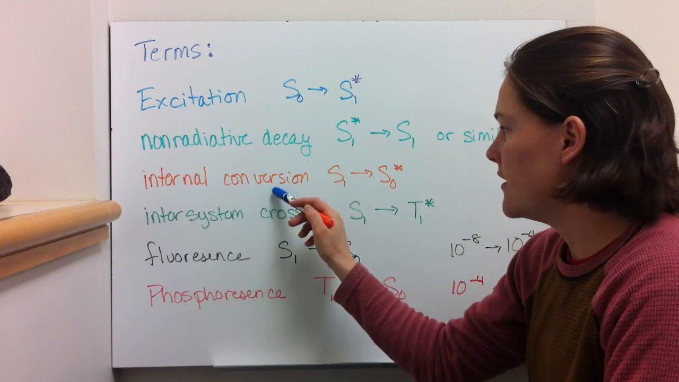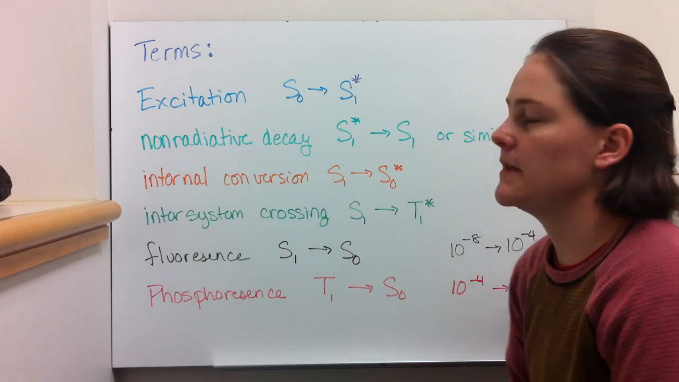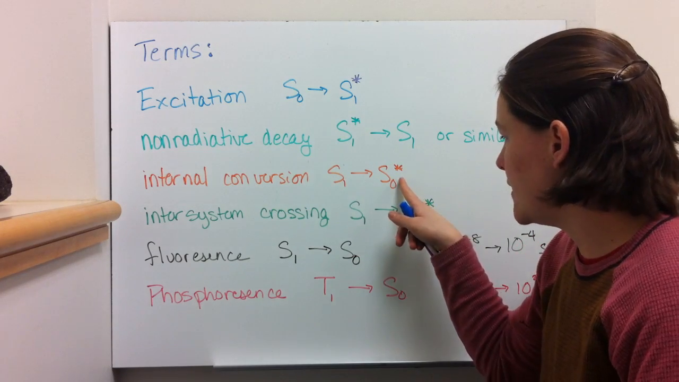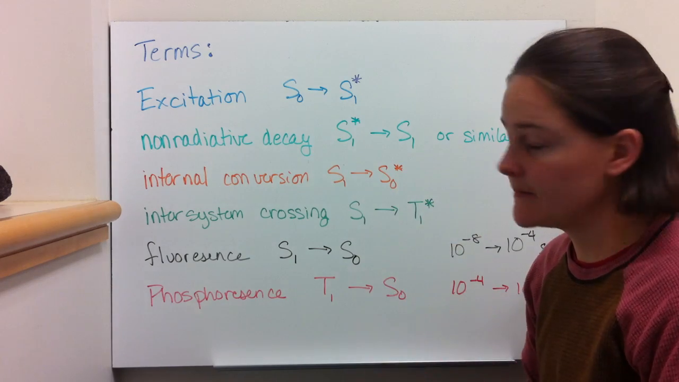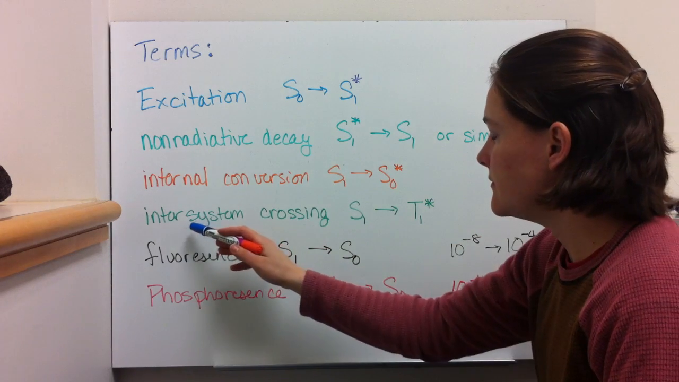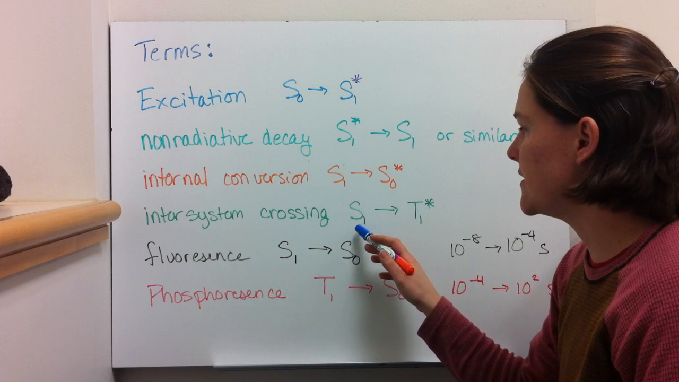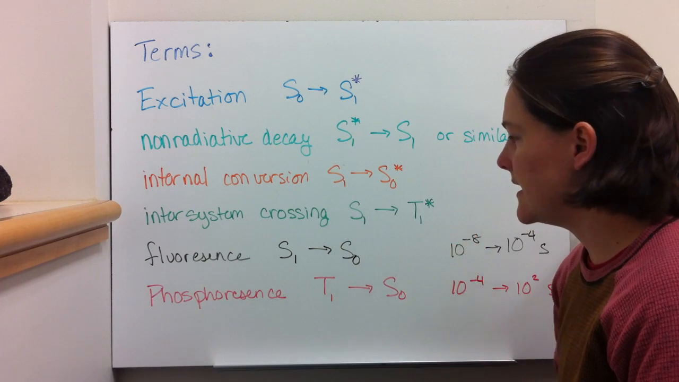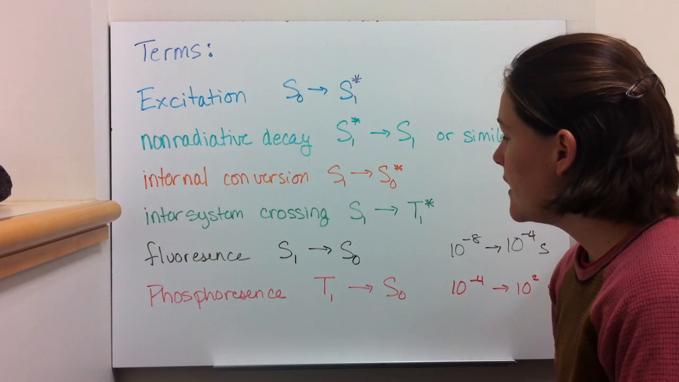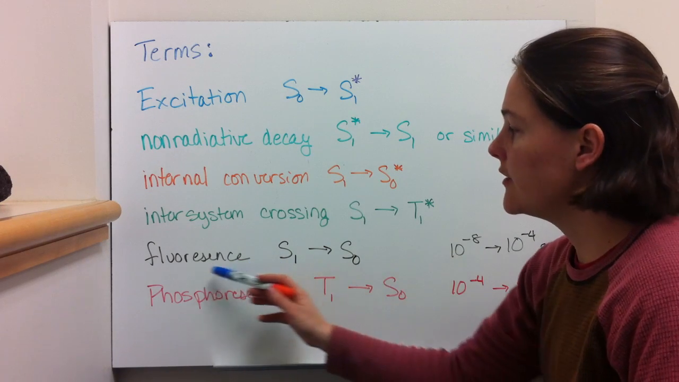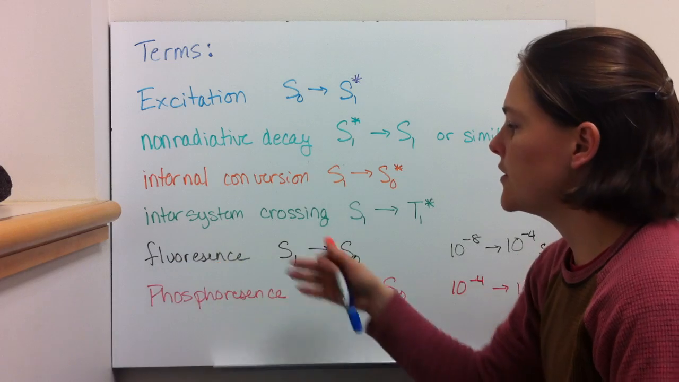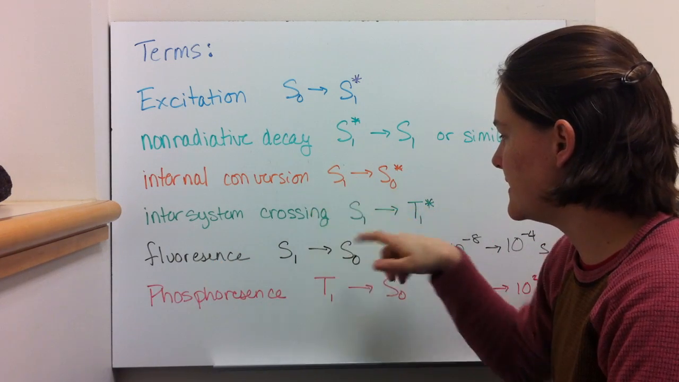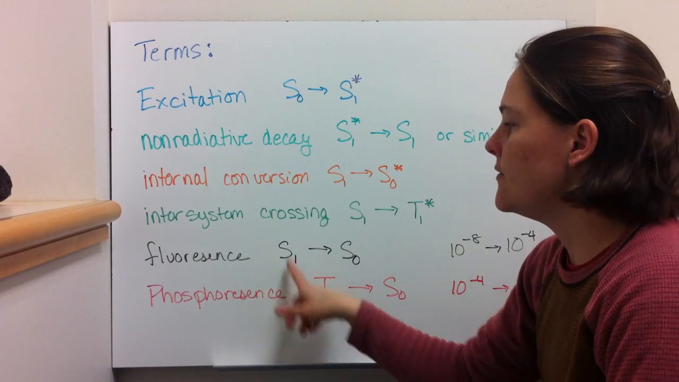You can also then undergo internal conversion, where you go from the ground state of the excited state singlet to an excited state of the ground state. So then you can also undergo intersystem crossing, where you're going from the excited state singlet to an excited state triplet state. And from there, when you have photons emitted from either the excited state singlet or the excited state triplet, you would have